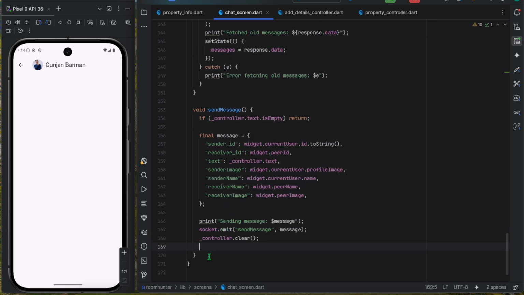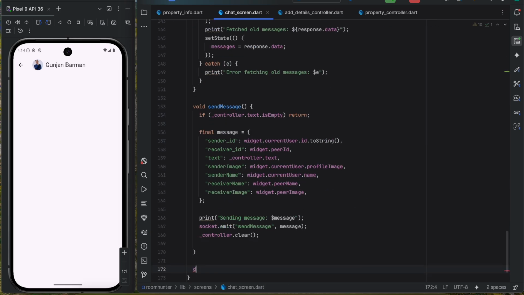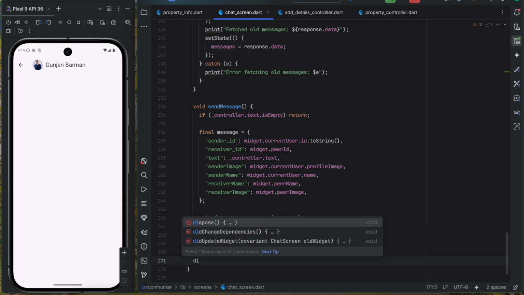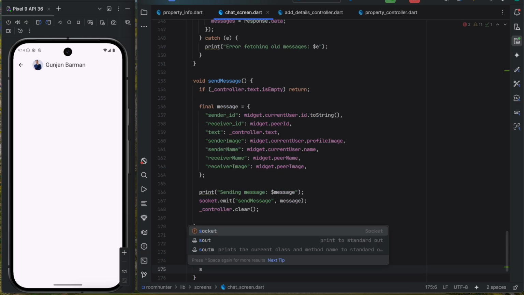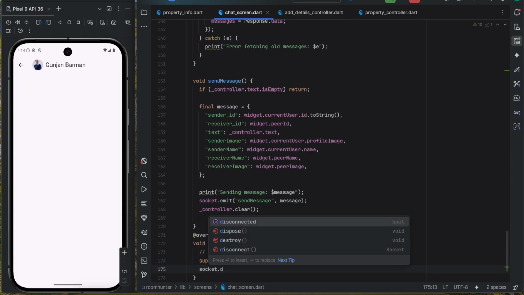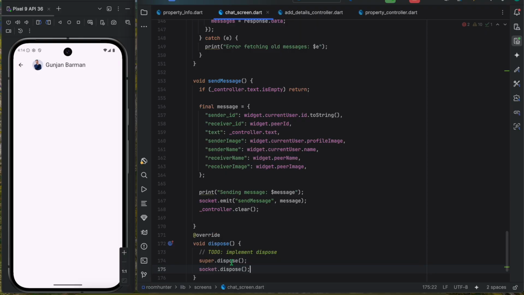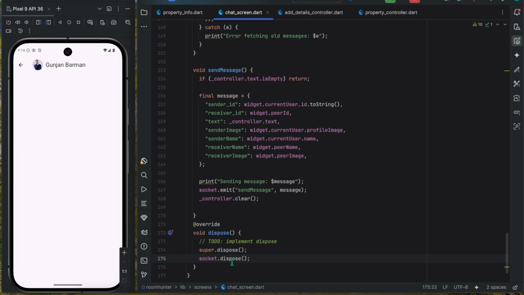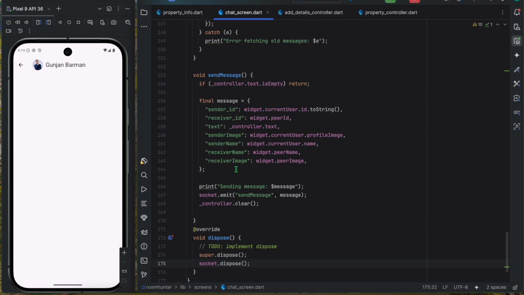okay. Send message is done successfully. Let's just do one thing. Let's just dispose. Okay, socket.dispose. We dispose the socket also. Okay, so send message done. We say sending the message. We are sending receiver ID,